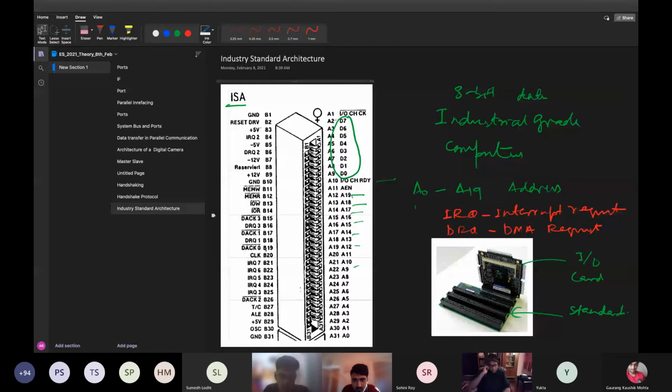It's a standard. So you also have to do it for PCI. This ISA I did, and there is EISA, Extended ISA, which I think is a 32-bit architecture. You check it, and there is PCI. PCI is a 32-bit bus. Standard PCI slots will be there in your desktops. If you open a modern desktop, you will find PCI slots. You can easily find PCI slots there.